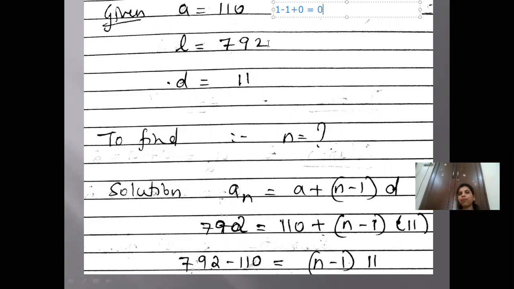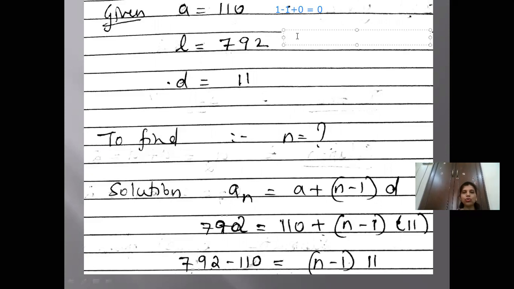Same thing over here, you can see that 792, so 7 minus 9 plus 2 is equal to minus 2 and plus 2 will give you 0. So again you can see that it is divisible by 11. So that is how you can figure out the number which is given to you as divisible by 11. So you have to see the numbers which are before 800 and you have to check with this divisibility test the number which is after 100.